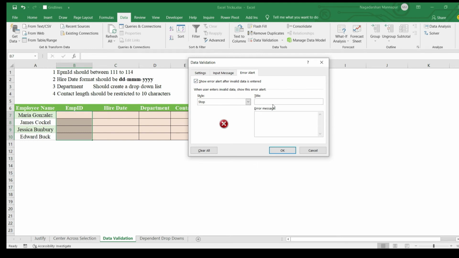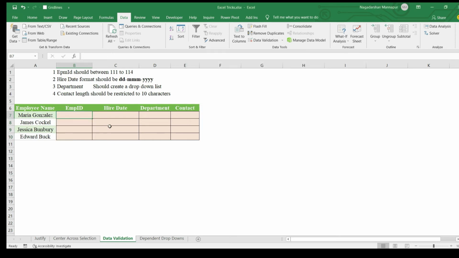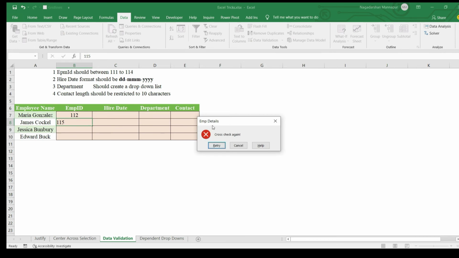Here I can put the title like employee details, error message, cross check again. Click on OK. Now if I type the correct one, I will not get any error alert. In case of wrong input like 115, I will get this employee details and cross check again.